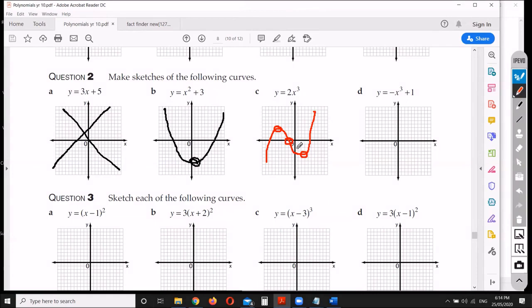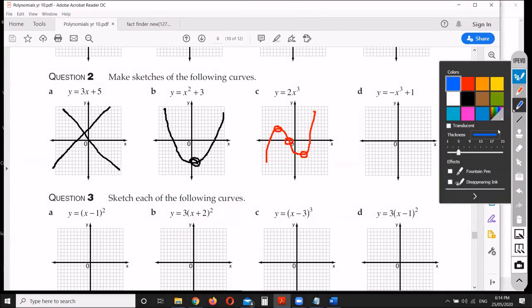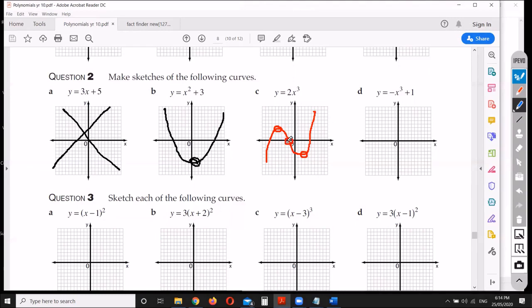Now, what do I mean by a point of inflection? By point of inflection, I mean it's where the concavity changes. Can you see that the concavity is changing? Going from concave down here, to concave up. Before the point of inflection it's concave down. After the point of inflection, it's concave up. Got it? So all cubic curves have at least one point of inflection,